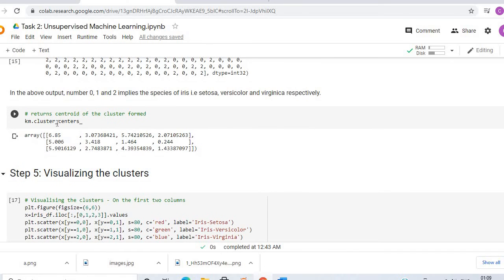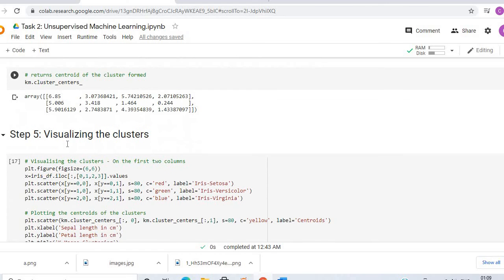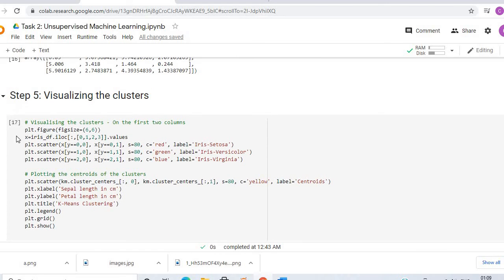So .cluster_centers_ returns the centroids of the clusters formed. Now the final step is to visualize the clusters. I have used matplotlib to plot a scatterplot and passed all required parameters.